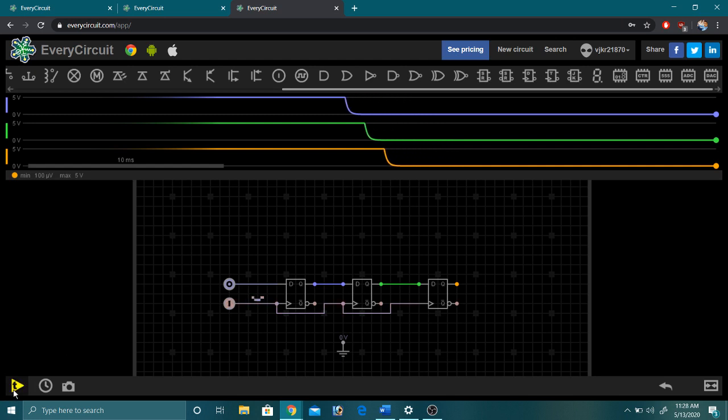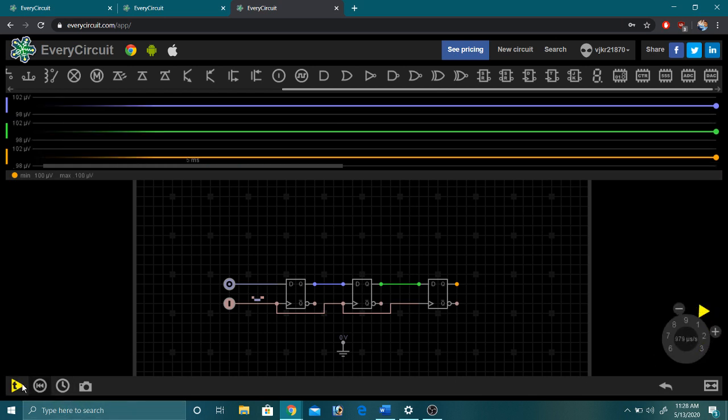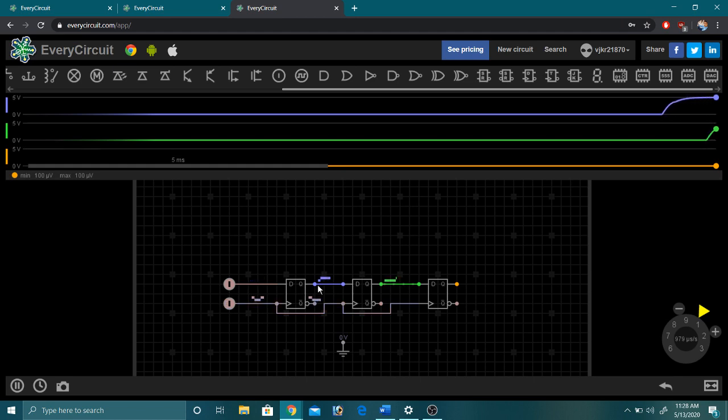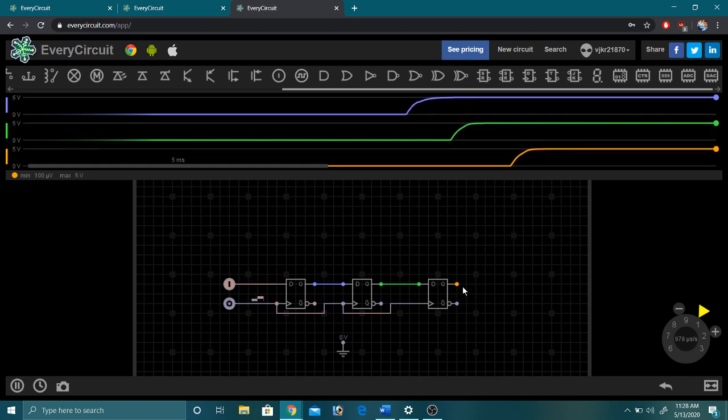So we'll try to go slower. I'll reduce the simulation speed. So we have a 0. Make this 1: first clock, first; second clock, second; third clock, third.